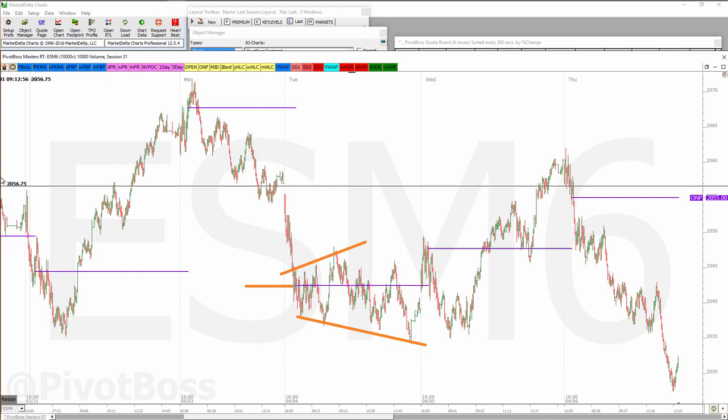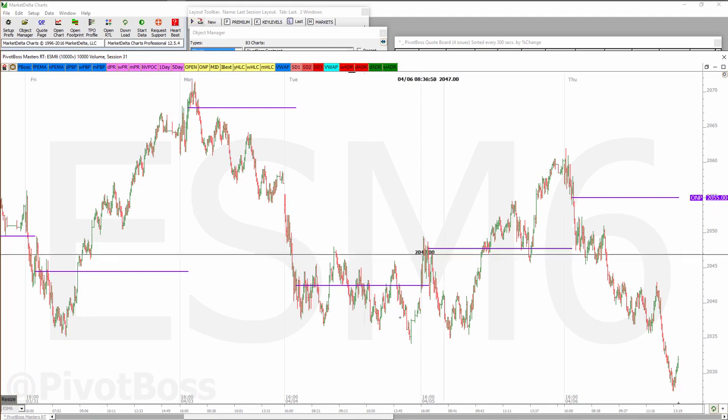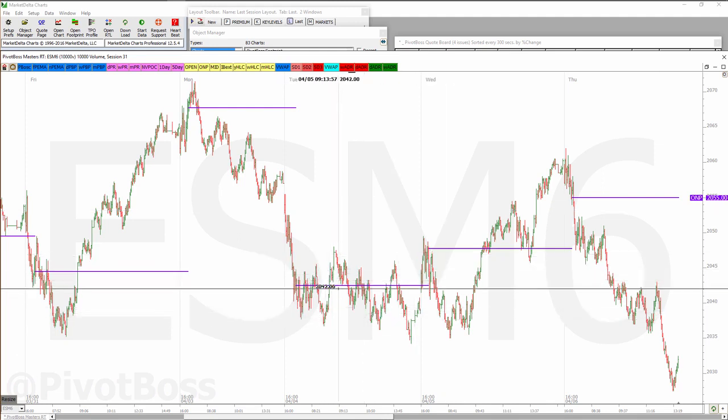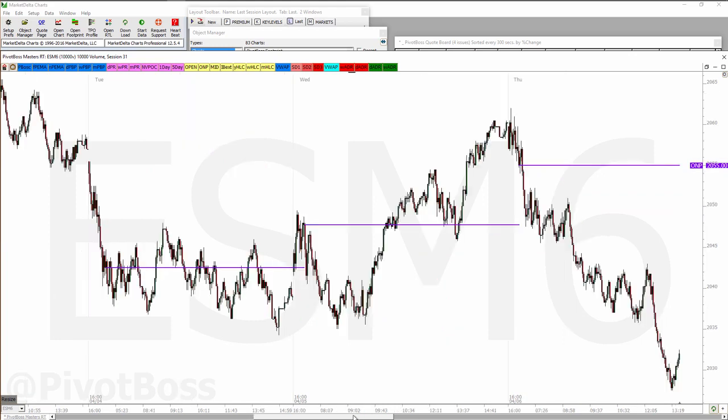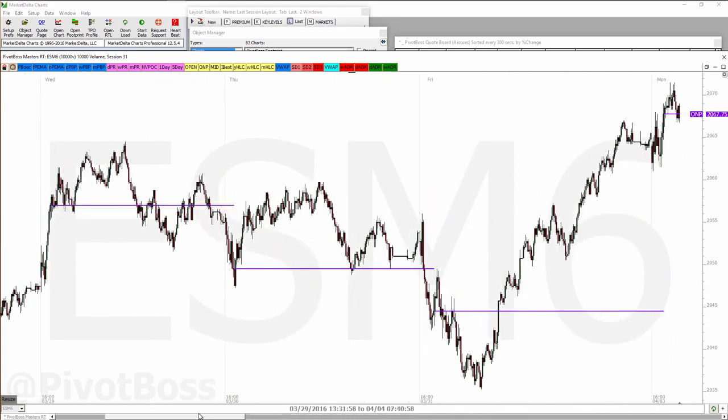Here's the pivot, and it just goes up and down, up and down, up and down. How many times will that save you stop losses and getting wiggled out of trades because they're coming and gaming the stops on both sides? When I noticed that tendency, it opened up a whole new world of me not getting frustrated after a couple of tries in here saying, oh man, they're not going anywhere. Just looking at that ripple is very important.